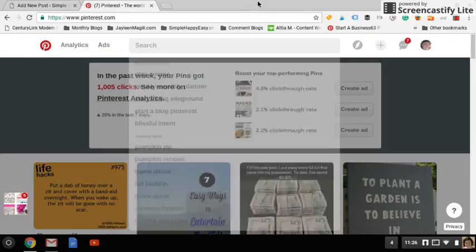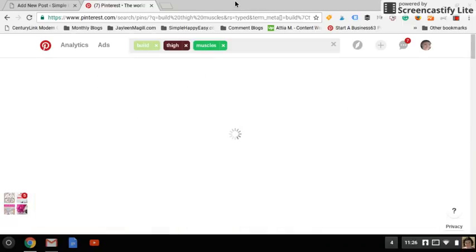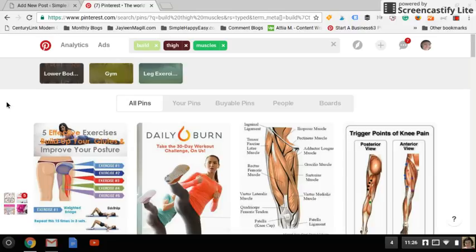And so if your blog is fitness blogging and you want to write a post on how to, I don't know, build thigh muscles, because we all want giant thigh muscles that are big and strong so we can jump high. So, this was maybe not the best phrase to use, but if you notice down here, lower body, gym, leg exercises, these are all keywords that people have searched for